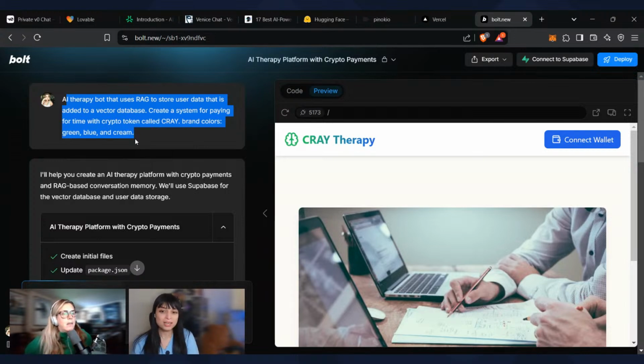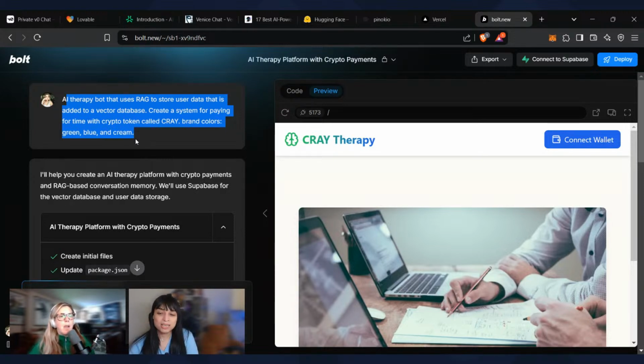And then I could say using Tailwind as well. Those sorts of prompts help get it really clear on the technology stack you want to use. I could say Neon as the database, or I could just say Postgres.